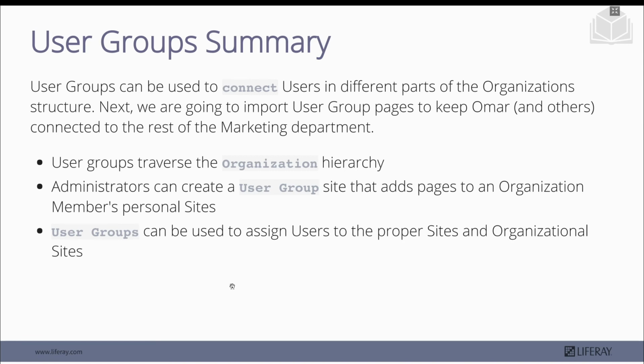Okay, so next part here, user groups traverse the organization hierarchy, right? The idea here is you can take different users from different organizations, and it's not going to affect the user's membership to the organizations, nor does it affect the organizations themselves. They are independent of one another. So admins of Liferay, so for example, Mr. Copland, right? He is the platform admin. He is the one who is able to create a user group site that's going to be adding pages to